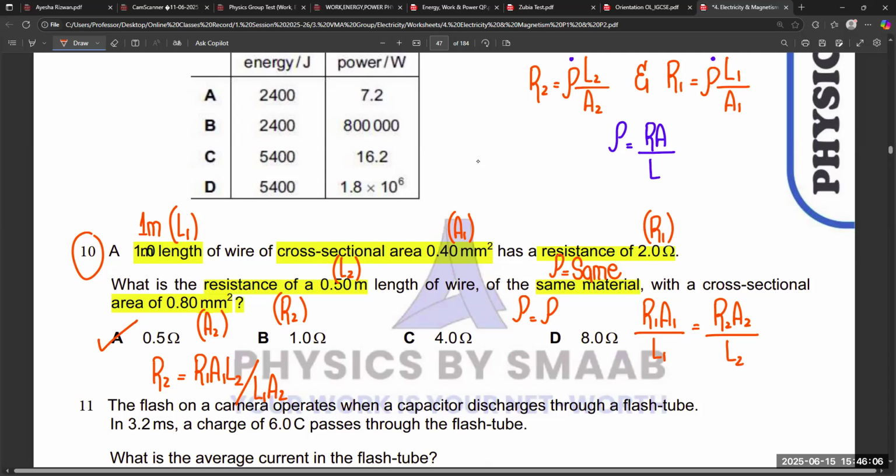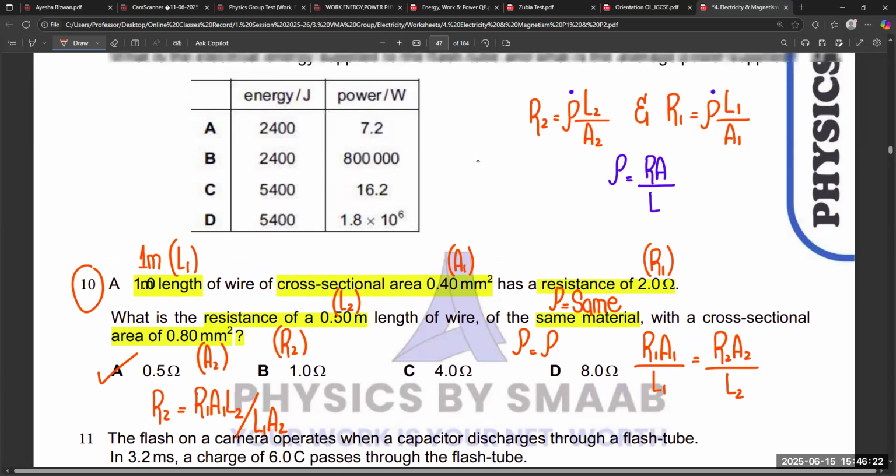So you will get this type of question many times in the past papers, in the theory paper also, because this is a very important concept in our syllabus. There are multiple types of questions related to this factor affecting resistance. So any confusion in this calculation? No. Okay. And if we consider some more questions related to the factor affecting resistance, we have some other questions also.